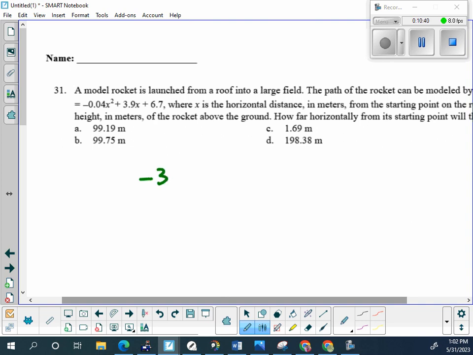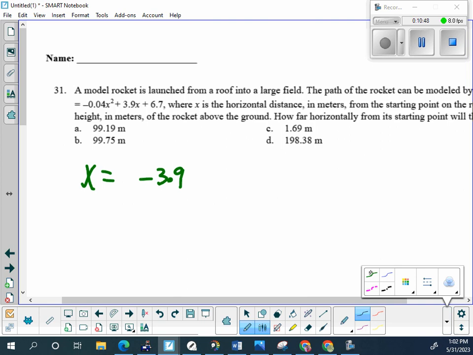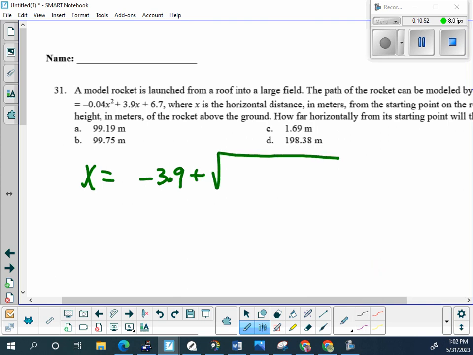So x equals negative 3.9, plus the square root of b squared, 3.9 squared, minus 4 times a,